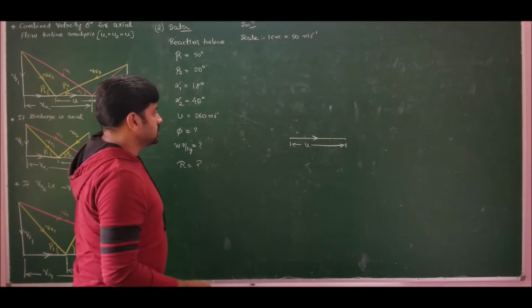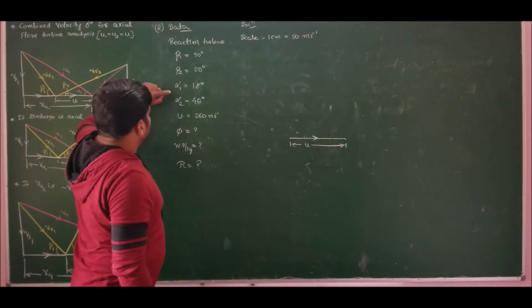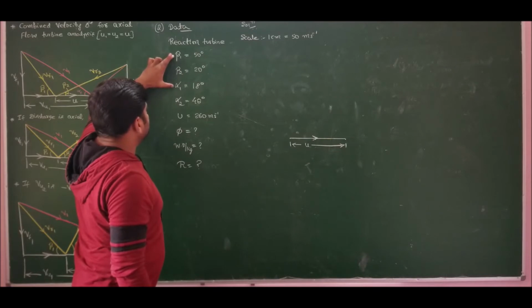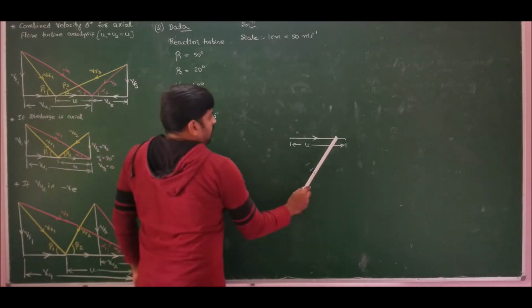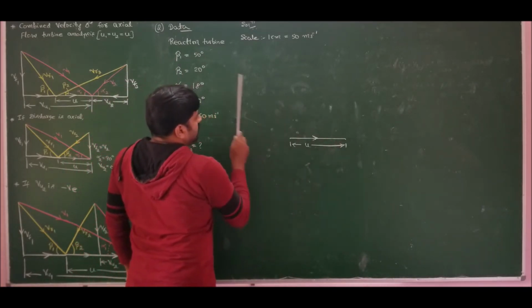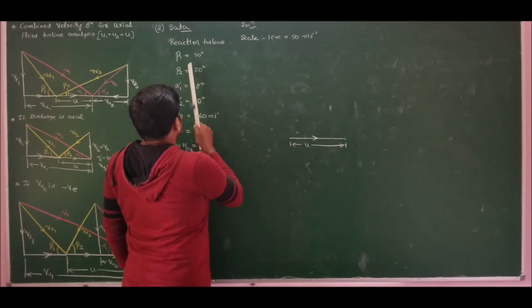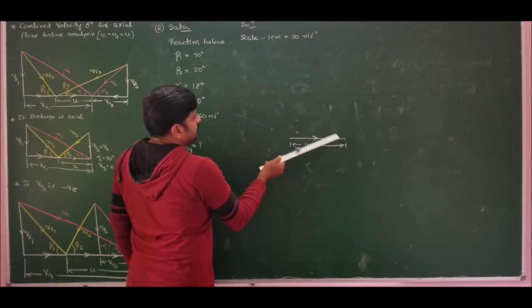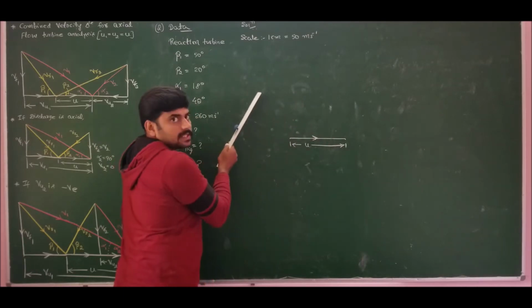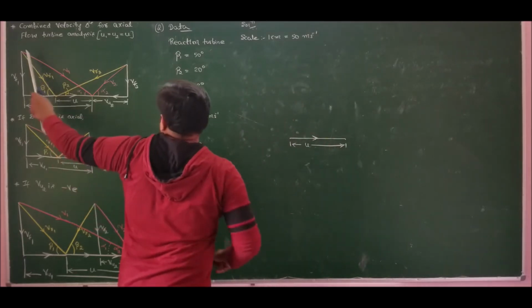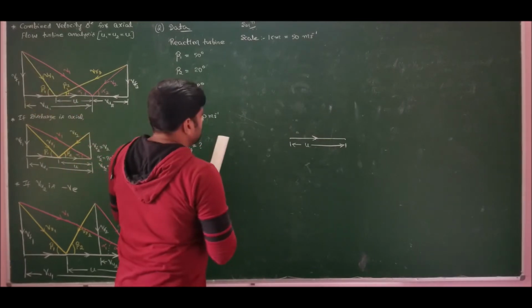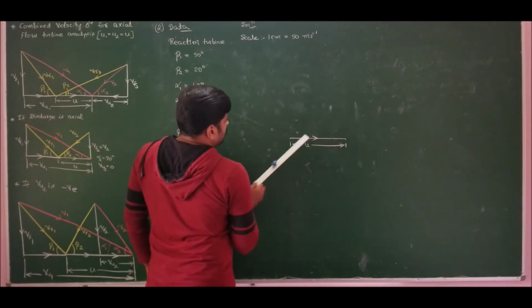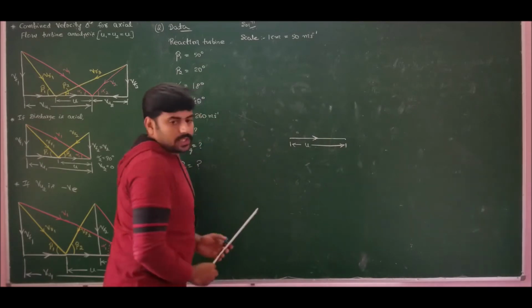Now we have alpha 1 as 18 degrees, beta 1 as 50 degrees. So mark alpha 1 and draw an arbitrary length line for V1. Mark beta 1, 50 degrees, and draw an arbitrary line such that the previously drawn V1 will be intersected. The intersection point will give us the apex. Similarly, repeat for alpha 2 and beta 2. Let us do that.